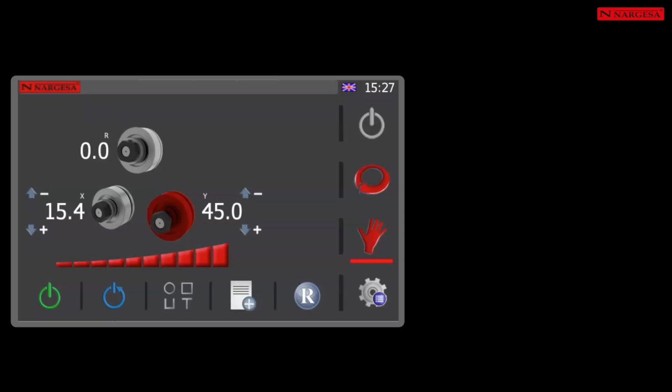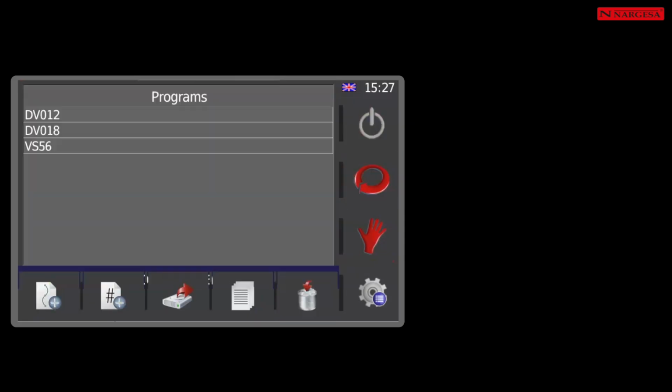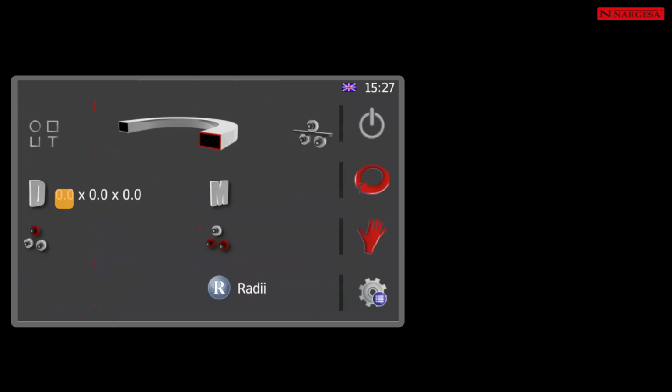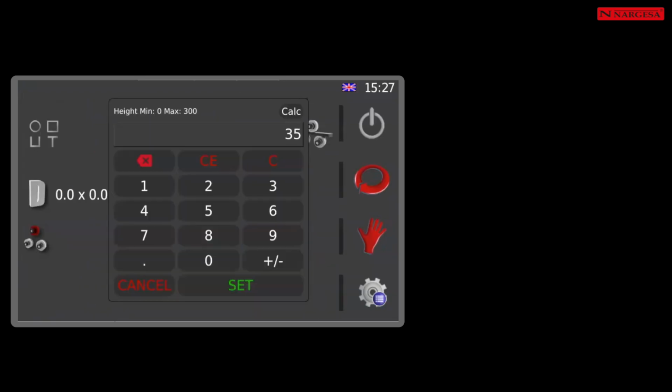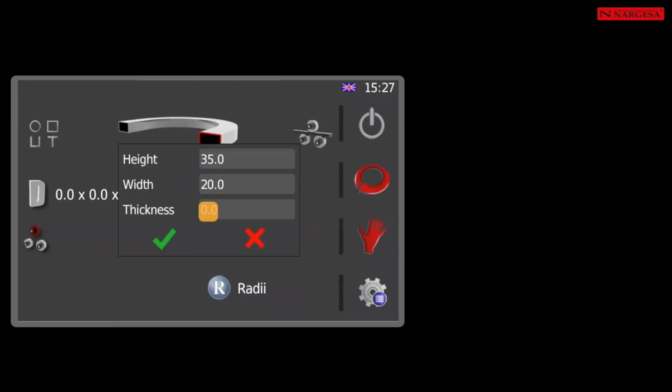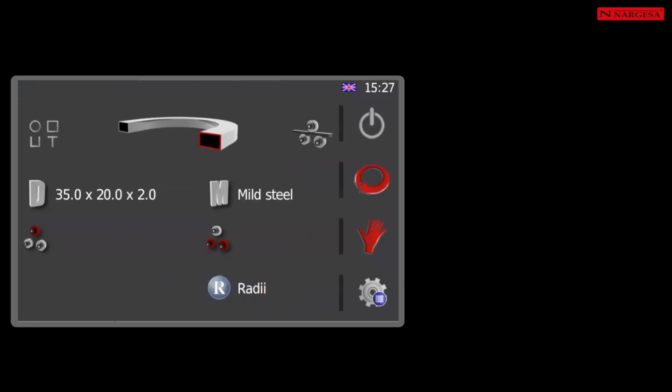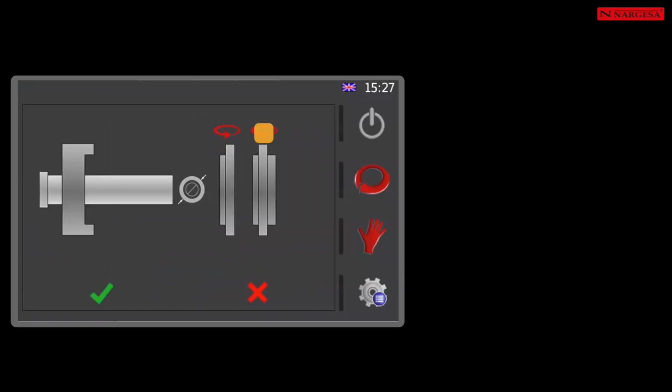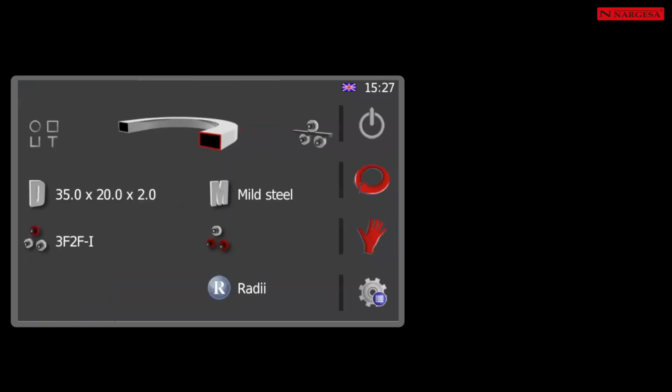Go to Automatic Mode, Programs, New Digital Program, and choose the rectangular tube. Enter the dimensions, 35 by 20 by 2. Choose the material, and set the position of the rollers in the 3 axles.